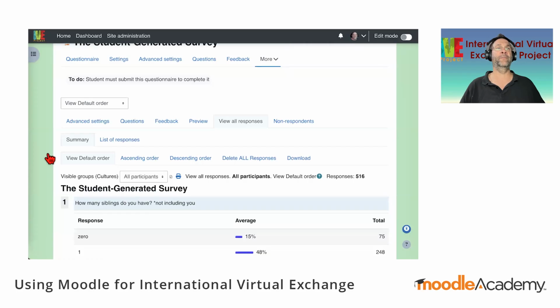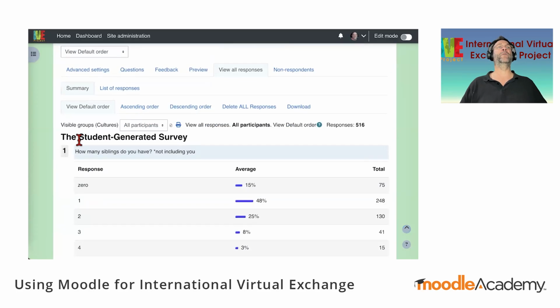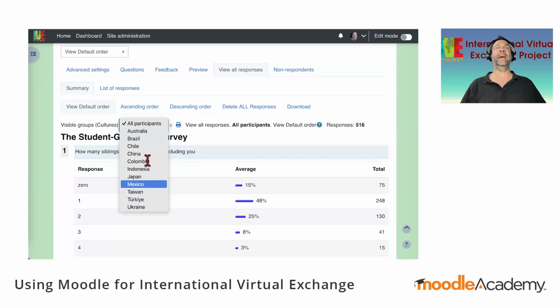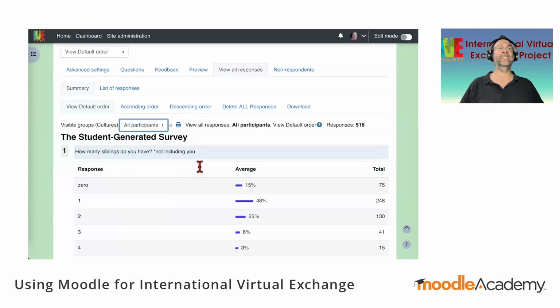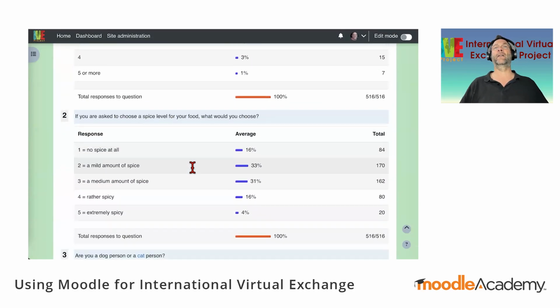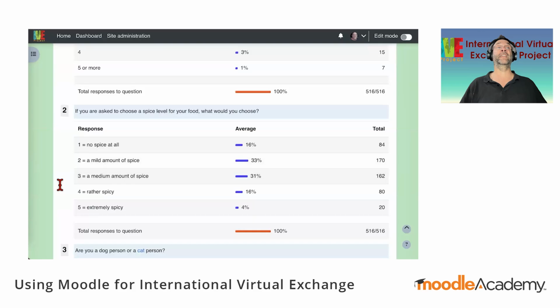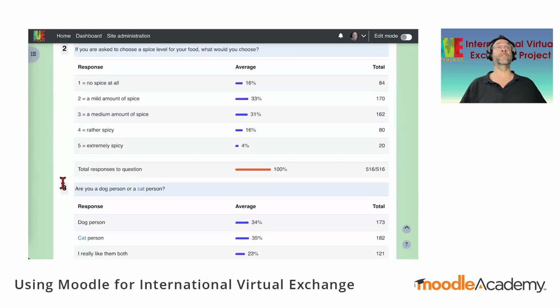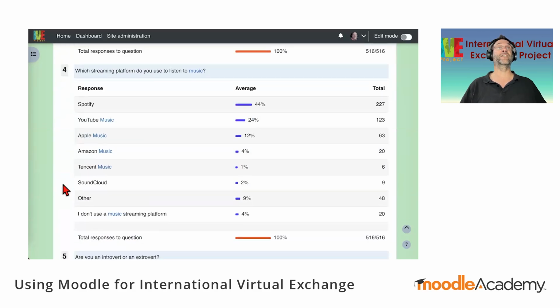Thank you to the developers of that module. We set it at visible groups so that you can check how people from the different countries answer those questions, and then discussions generated from those answers are an important part of the intercultural development of students throughout the exchange.